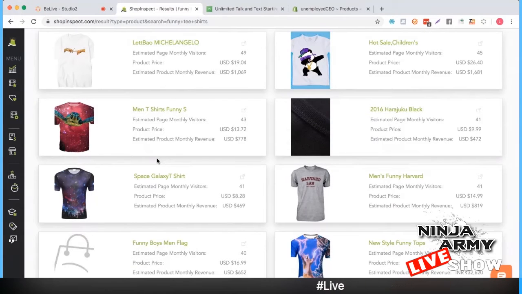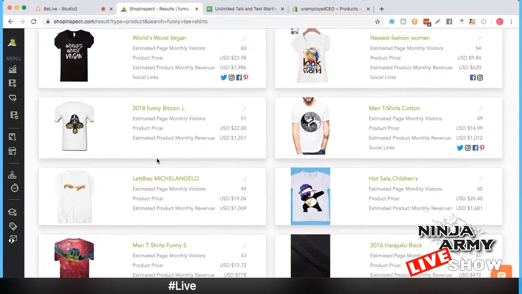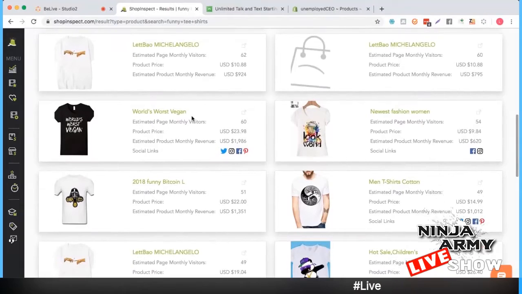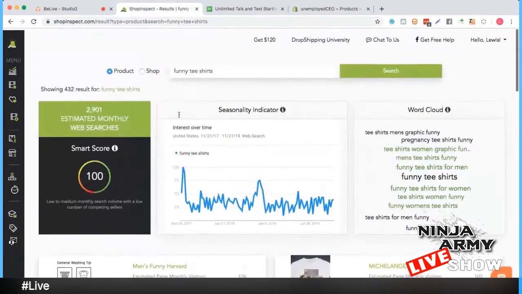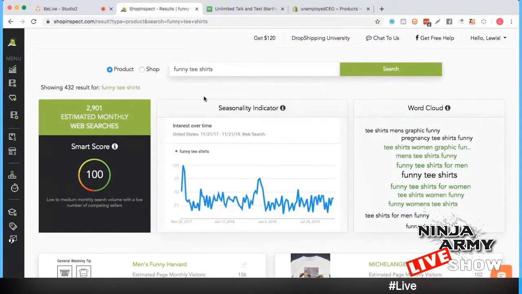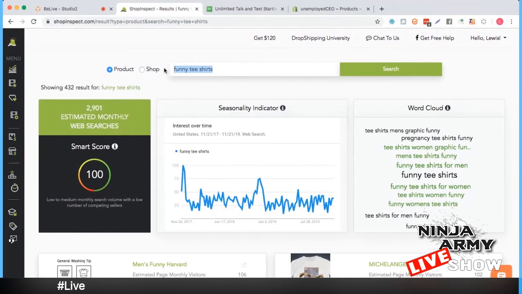Try and imagine that in our database, we've got 100 million Shopify products. So if you were doing print on demand, you can see other people's print on demand stuff, and you can see that it's not the most highly trafficked pages, right? If you were going after the keyword funny t-shirts, you're not going to get that much traffic. That's why you would need data like this to tell you how to position your store, so that maybe you want to go after